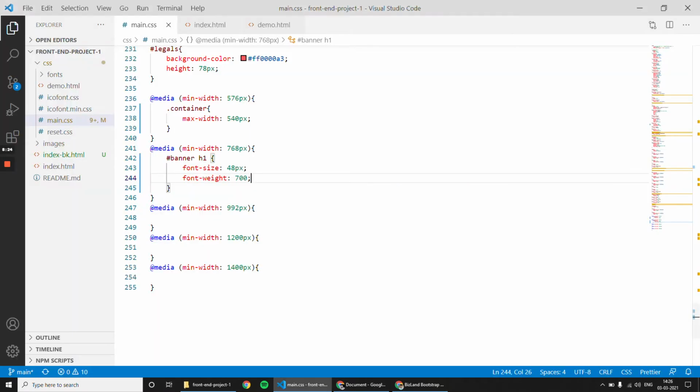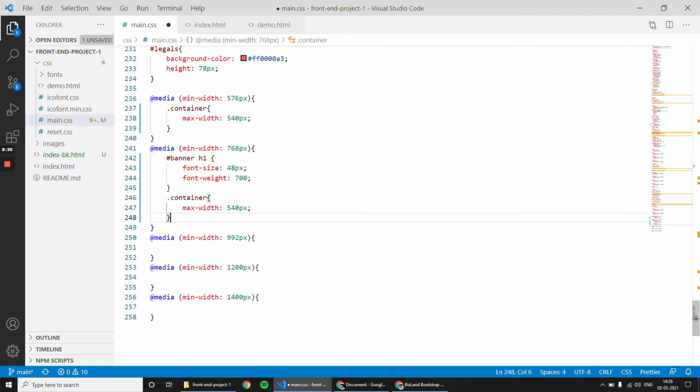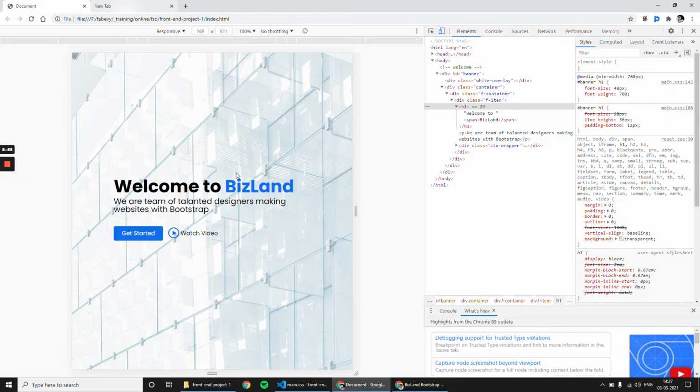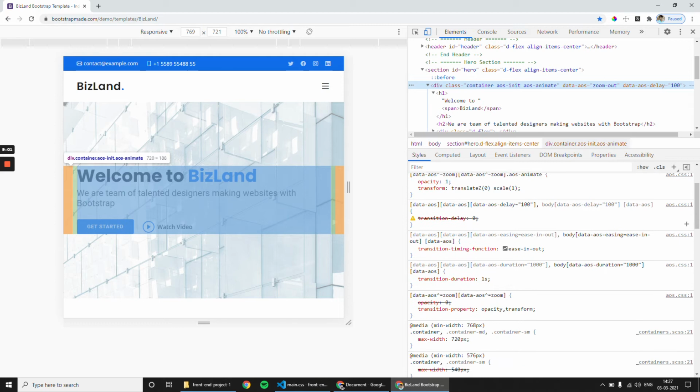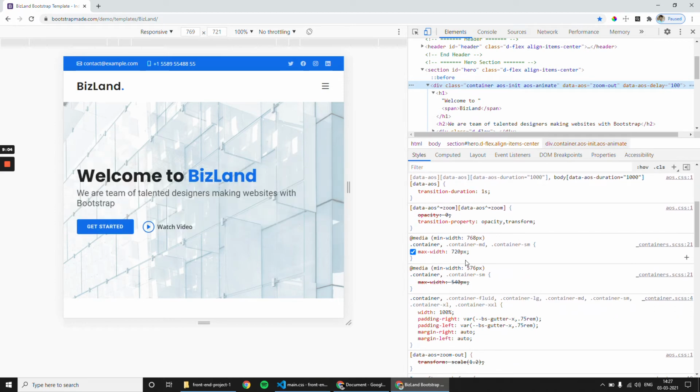The reason is the container width is 550, but now we are targeting device width which is more than 768, so we can increase the container width further. This value should be less than 768, but it should not be very much less than 768. If it is confusing, no problem, go to your reference project, select the container and identify what value they have given. The value is 720.